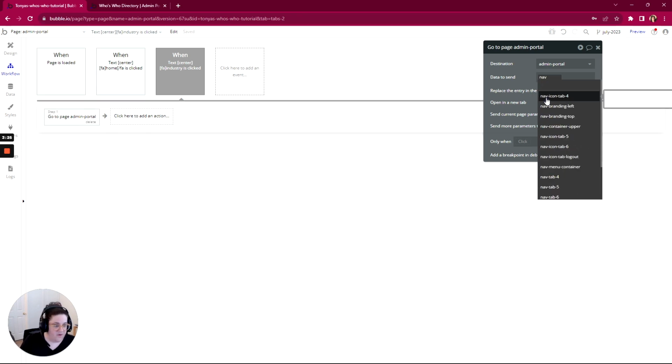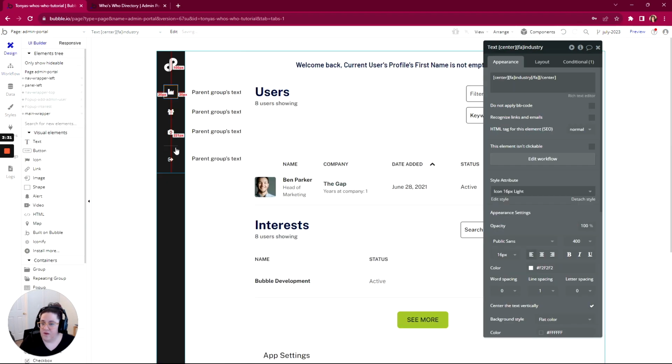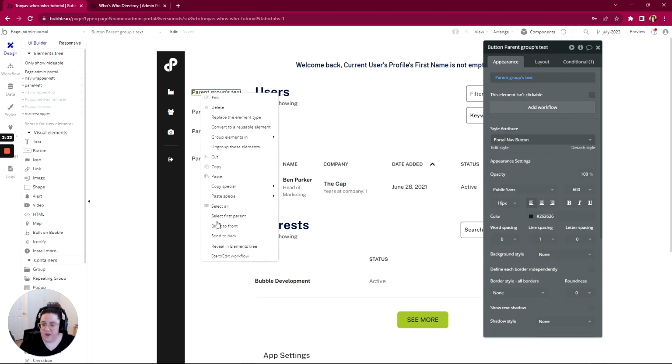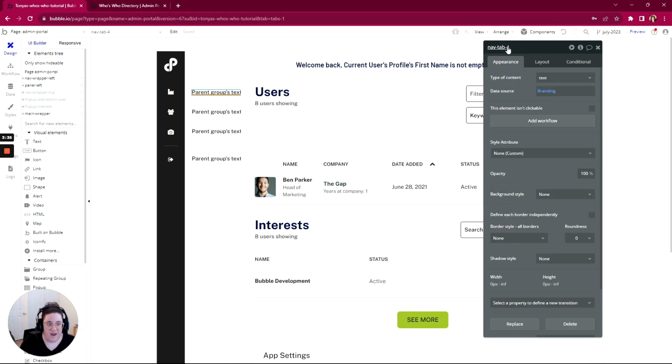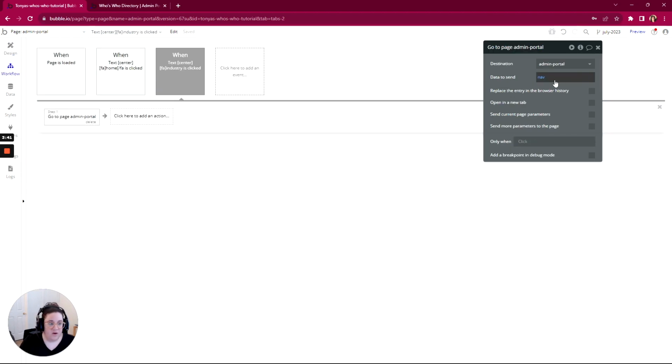So Nav, well, let's go look. Was this parent group's text? So this first is Nav tab 4. So if I just copy this, and I come in here, and I paste,